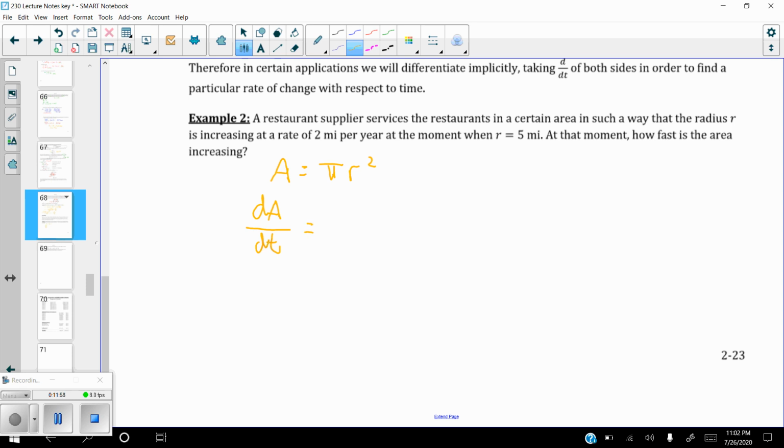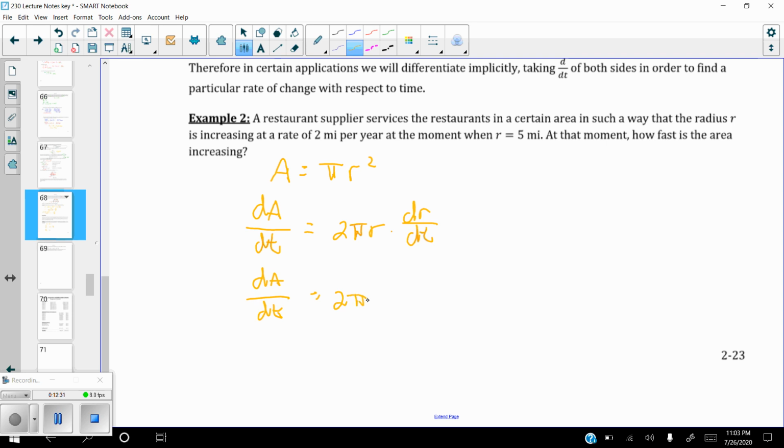But now when I take the derivative of the radius, it's going to be 2 pi r, because I'm bringing the 2 out to the front, reducing it by 1. But then I have to remember to multiply that by dr/dt. So now, because it's a related rates problem and everything is changing over time, this is how you're going to set it up. So dA/dt